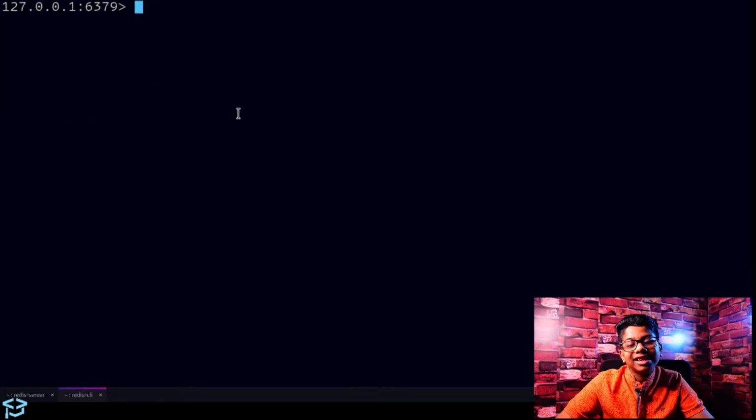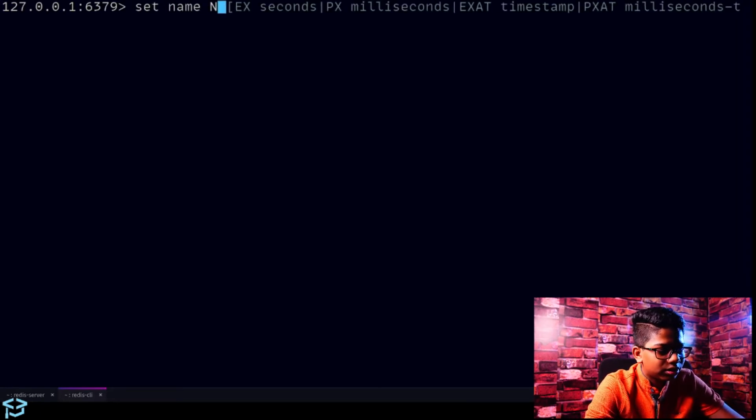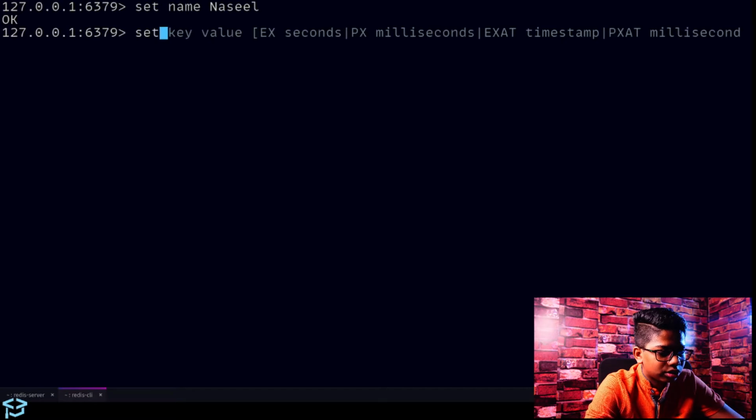Now let's have a look at the keys command, which is used to find all the keys in our database, or we can also specify some pattern which we want to find. For now, I'm just going to show you how we can find every single key in our database. So let's set a few keys. So set name Naseel, set age 13,